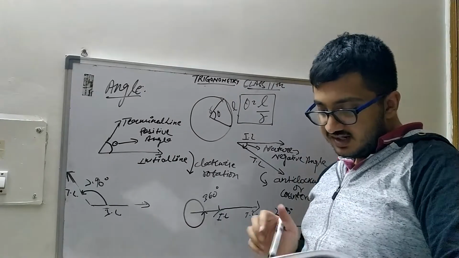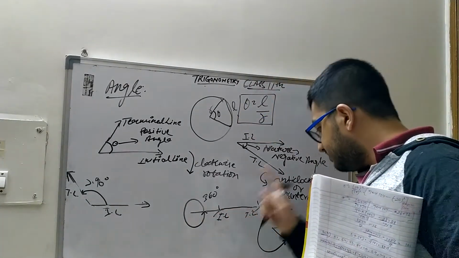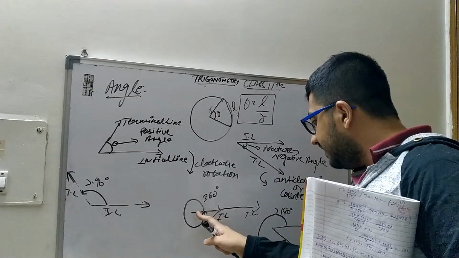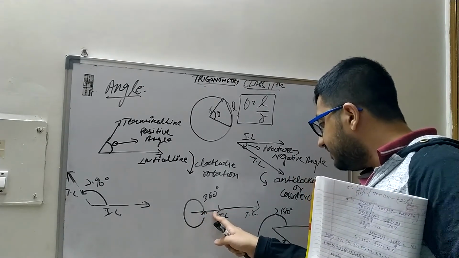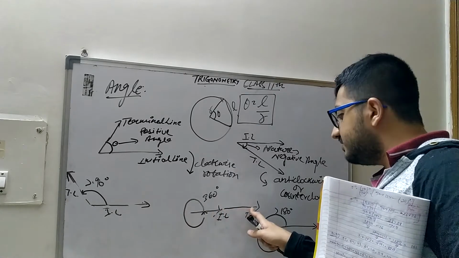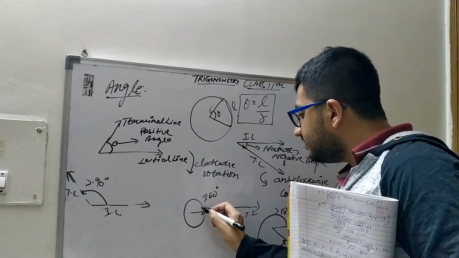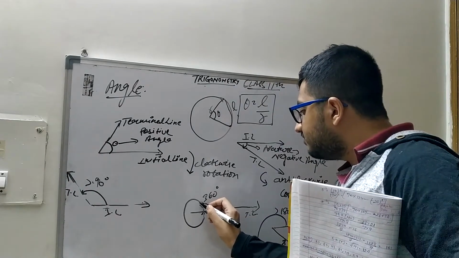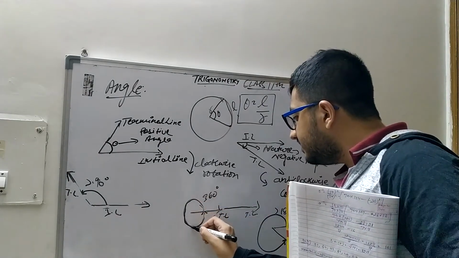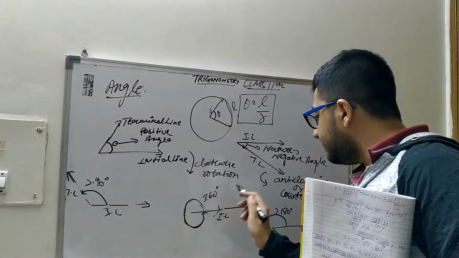And if we want to make a 360 degree angle, we will draw the line starting from here, the initial point is this, and it comes to end here, the terminating line is here, and the angle rotates here and here, swept is here, then it forms a 360 degree angle.